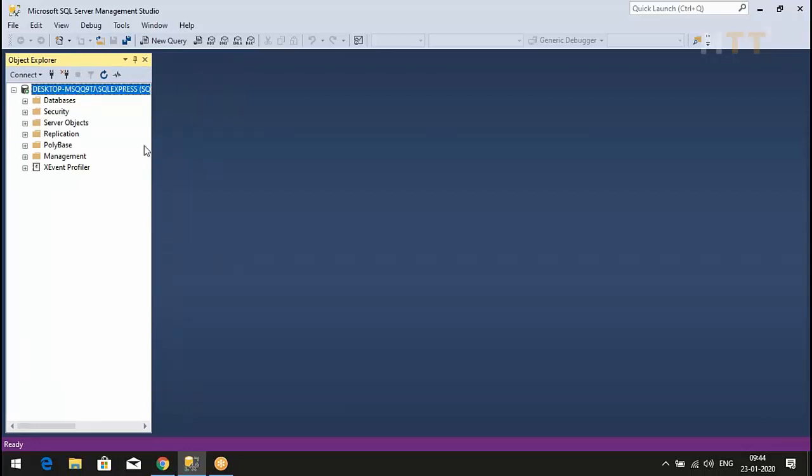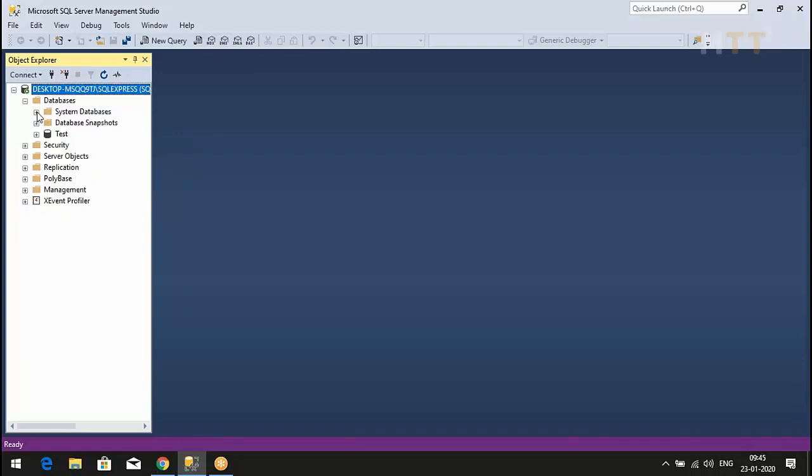Fine. Now you have a lot of folders in this, so you need not worry much about all the folders. The folder that we need to worry about is the databases folder. So I'll explore this. In this databases folder, there is one folder called system databases. I'll explore this. You should not do anything to these databases. You should not touch these databases, because these contain the information about all the databases that we have or that we are going to create, in other words. So I'll minimize this.